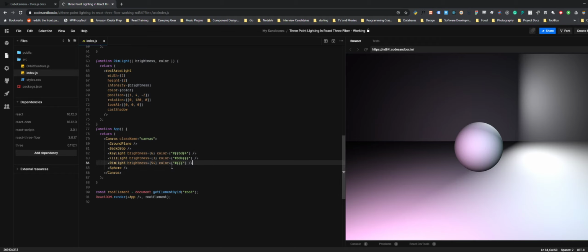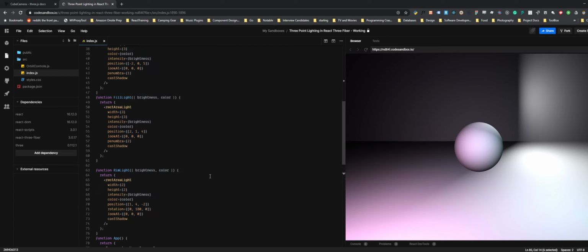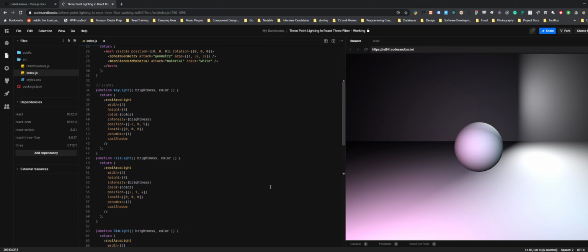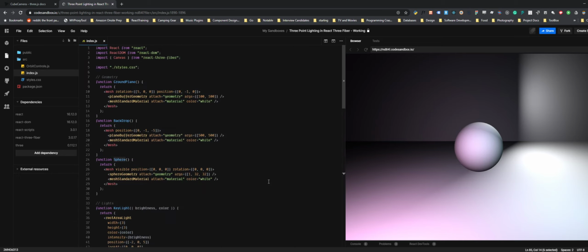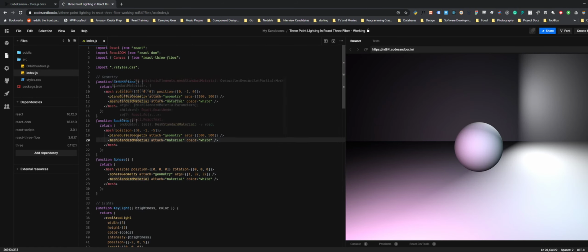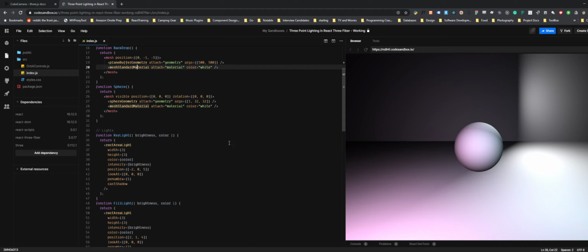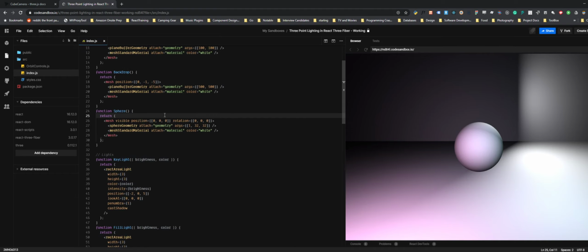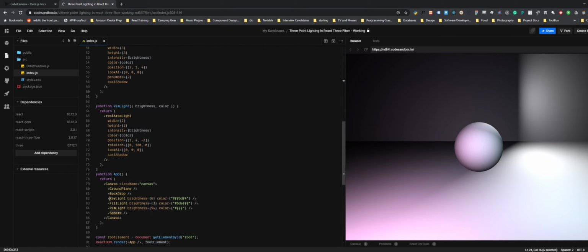Okay, cool. And then finally, we have our sphere component inside the canvas. And that is obviously just providing this geometry that we're lighting here. Okay, so I mentioned earlier that the way that React 3 Fiber works is basically mapping Three.js classes to components that we can use. So what does that mean exactly? Well, what it means is that if I were to look at my sphere here that I am rendering into the app and into the canvas,